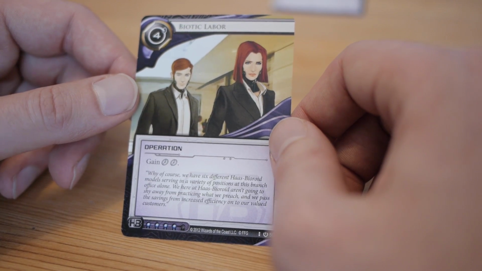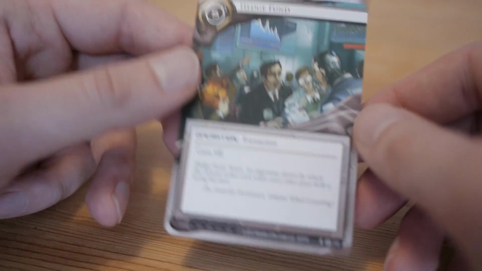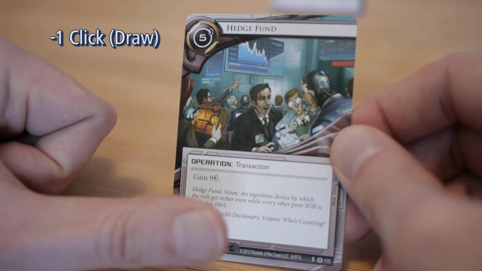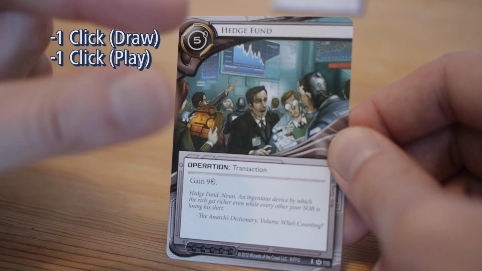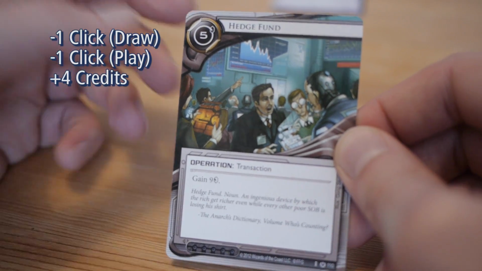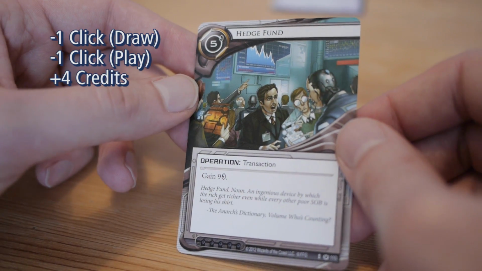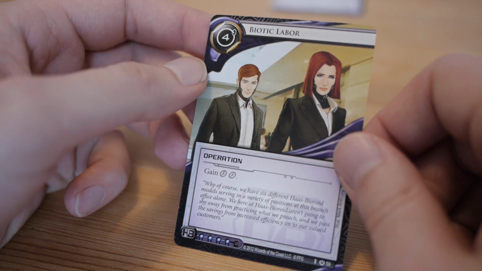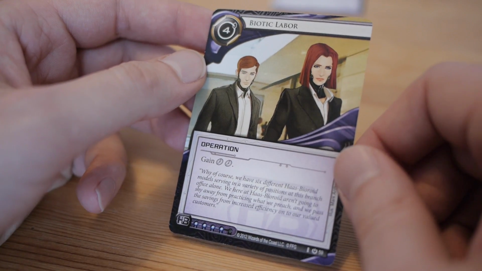So, for example, you take something like the good old Hedge Fund and you go, all right, so it's 1 click to draw it, 1 click to play it. So we already paid 2 clicks and you get a total of 4 credits out of it. So it's basically 2 credits per click that you invest in it. And that's fine and dandy, except if you do this with Biotic Labor,